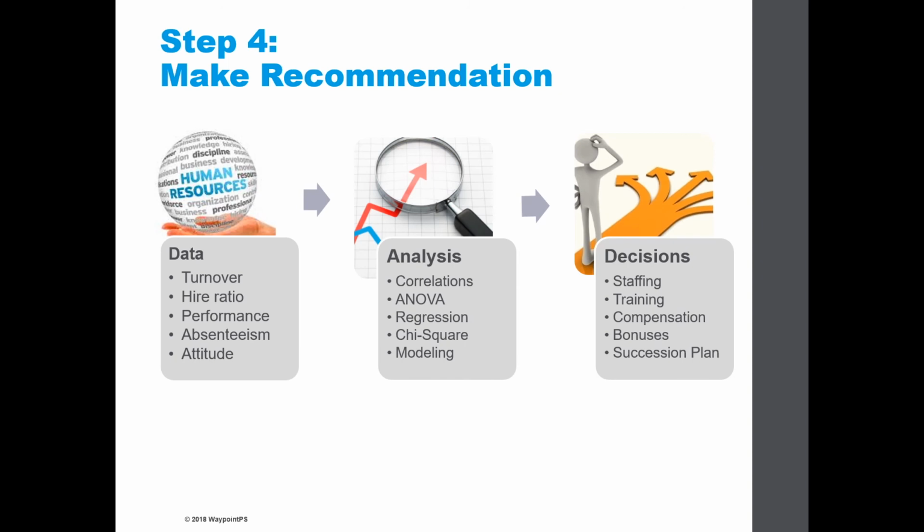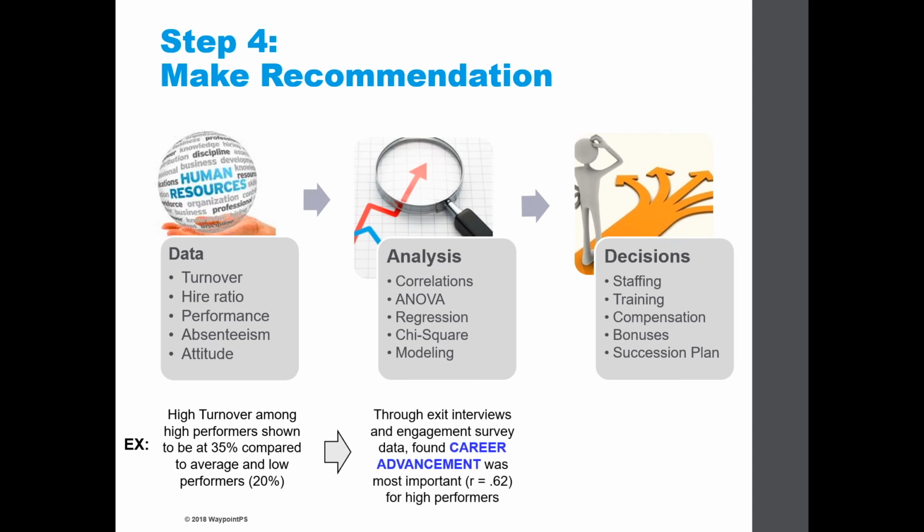Once you do that, you want to make a recommendation. Here's an example of high turnover. Using the data that you have in the HRIS, we've determined that there's high turnover among high performers, shown to be at 35% compared to average and low performers at 20%. Based on that information, we did some